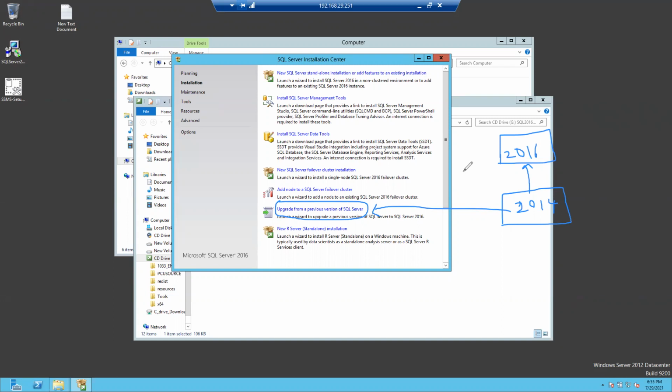When you are doing SQL Server 2014 to SQL Server 2016, your system will not be operatable, because during that time it will be upgrading all system related files and everything to SQL Server 2016. So this is not required for us. This is for a different part, data science related thing, new installation.